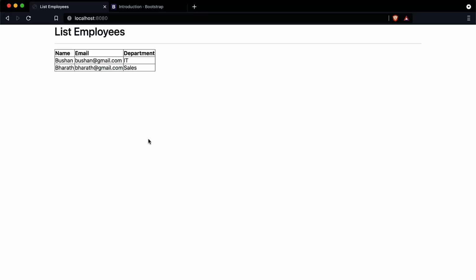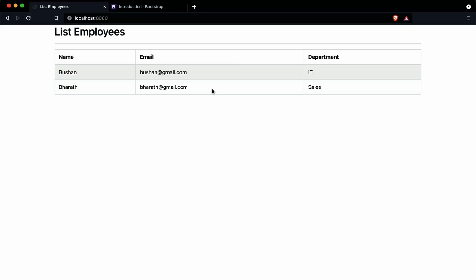Let's save this and reload this. You can see now we have a nice striped to the table rows, and also we have added the table-bordered. We have a nice border. Now this looks much better than the previous. Okay, now we have applied the Bootstrap styling to the application.